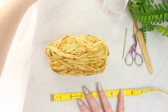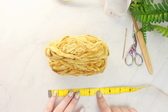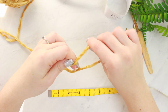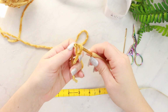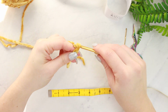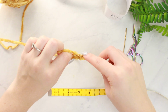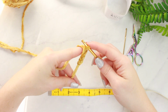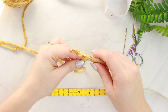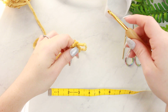So have your measuring tape here with you, because now we are going to be doing the very first chain. Has to be exactly 4.5 inches. So get your yarn. So first we are going to be starting with a slip knot, and then I'm going to be chaining a chain of 15, which is exactly 4.5 inches. If you are using a different yarn weight or a different yarn, then you're going to have to measure. So I'm going to be doing here my chain of 15, and then I'm going to show you exactly how you have to measure. So once you have your chain of 15, we are going to be releasing our hook